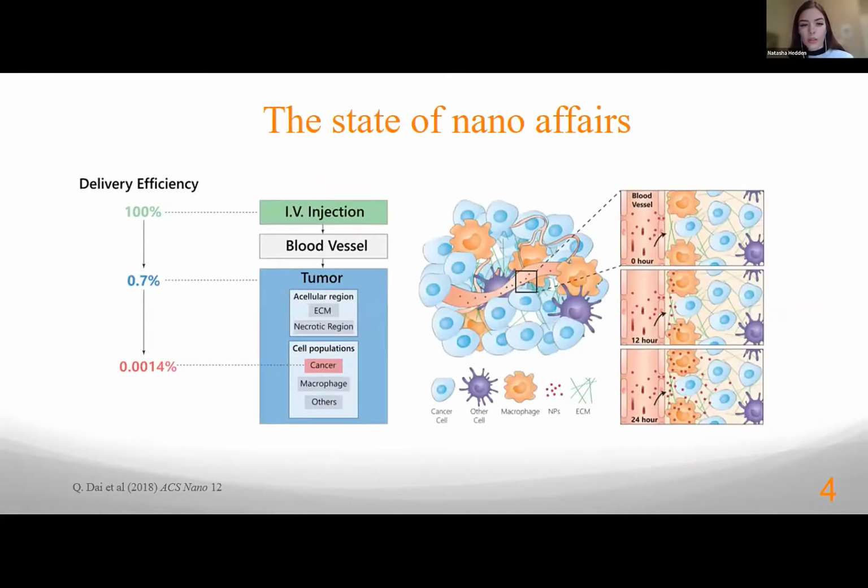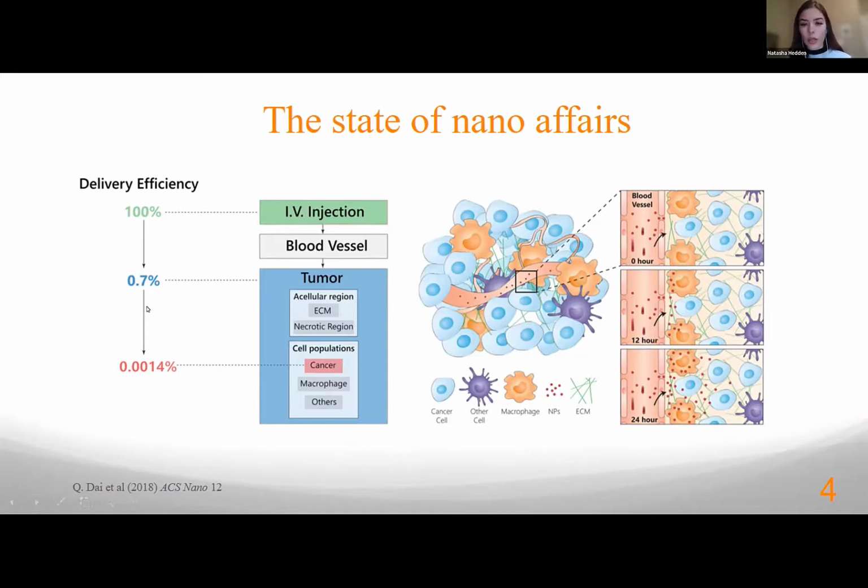So when we deliver this dose to a patient, we know in the end, not 100% of this dose will actually reach the tumor. In fact, a study by Day et al. found that through research from the past 10 years, I believe it was 232 papers, on average, only about 0.7% will